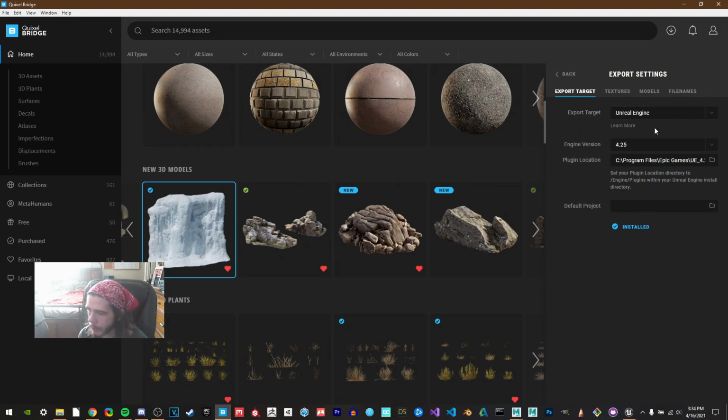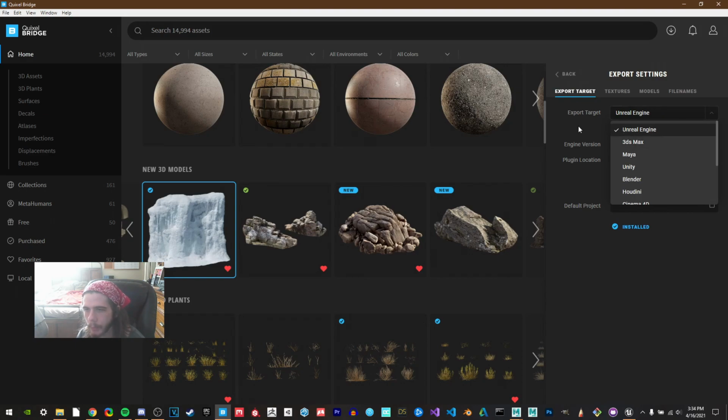They've made it easier to switch engine versions. I remember when I first started using Bridge, I don't think they really had this. I could be wrong, but you can change your export target first to Unreal Engine, and then you change your engine version. You might not have all these listed. I think it shows them all by default, but